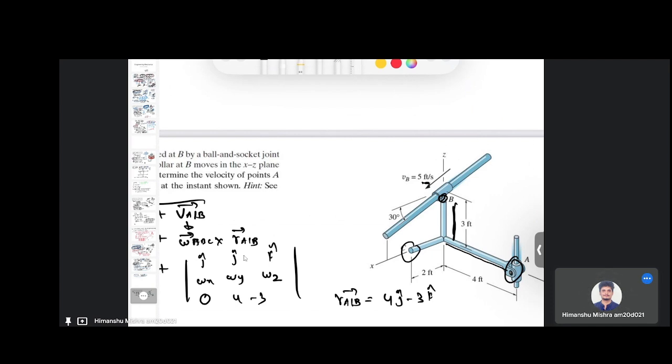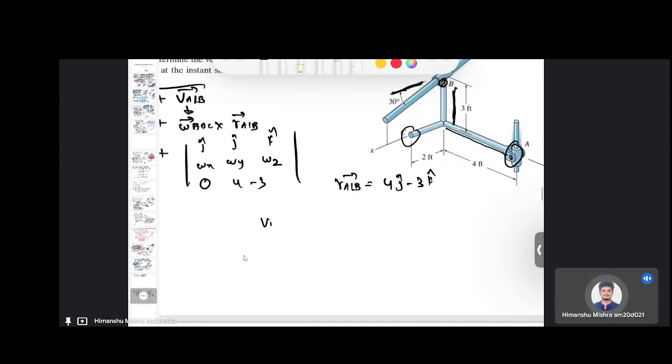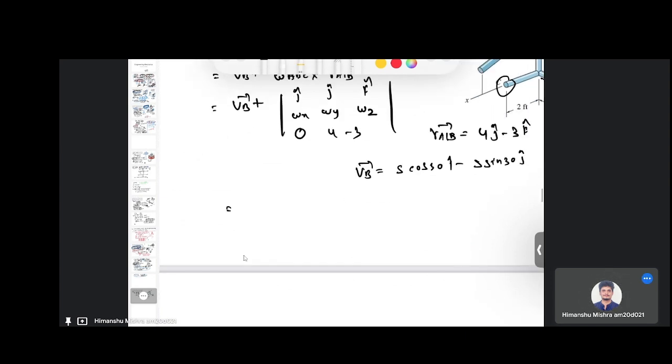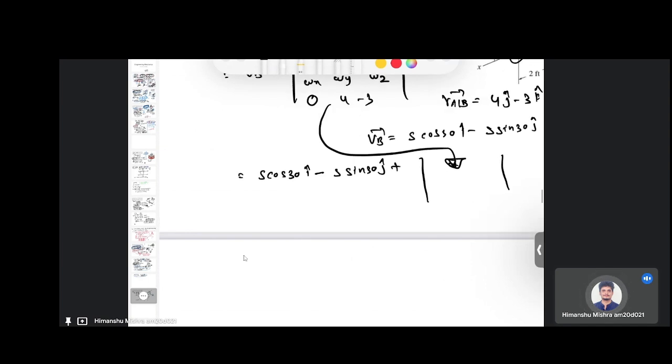You can see that it is in the x and y directions. So there is one component in the x direction here and one component in the y direction. So my Vb vector is 5 cos 30 i minus 5 sin 30 j, plus this matrix quantity. As usual, as we have seen in the previous problem, this is the vector equation,